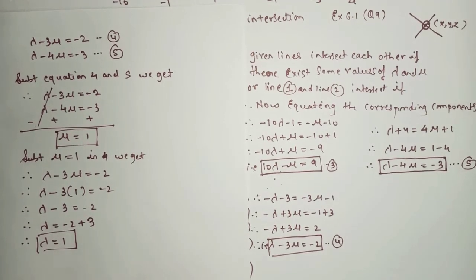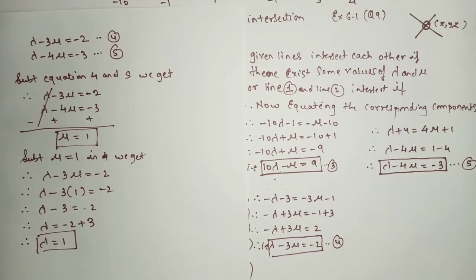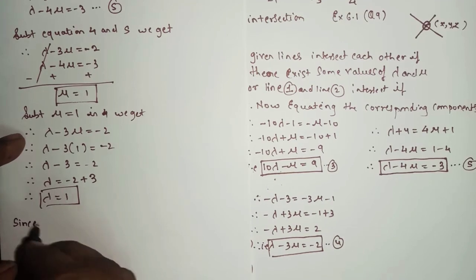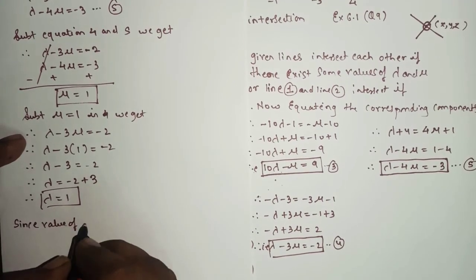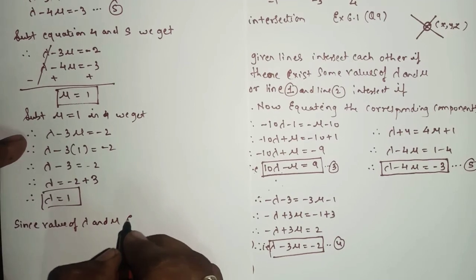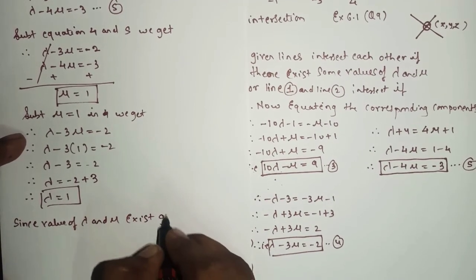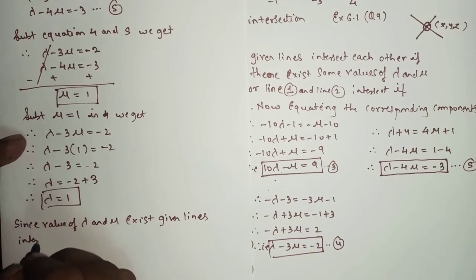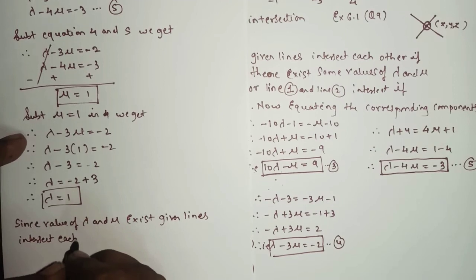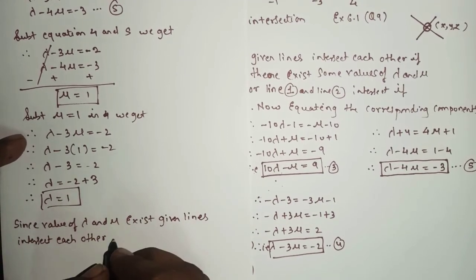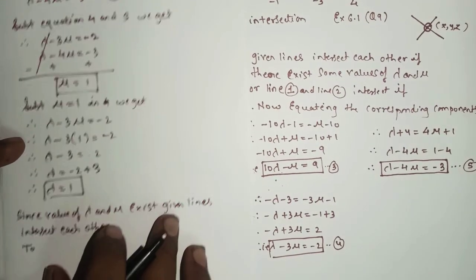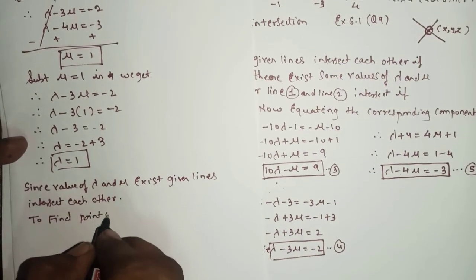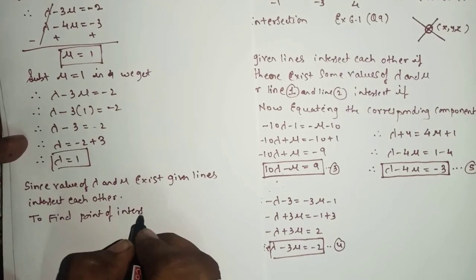Now as we got lambda and mu as 1, after this you will write one sentence: since the values of lambda and mu exist, the given lines intersect each other. Okay, so to find the point of intersection,